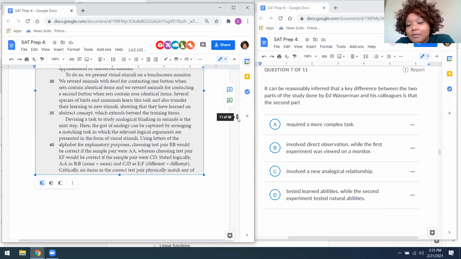So let's say we skim and we try to find, we know there are two parts of the study. If we're going to find the difference in them, we have to find the first part, know what that's about a little bit, and then see what the second part is about. And then we compare and contrast them basically. So if you run out of time,